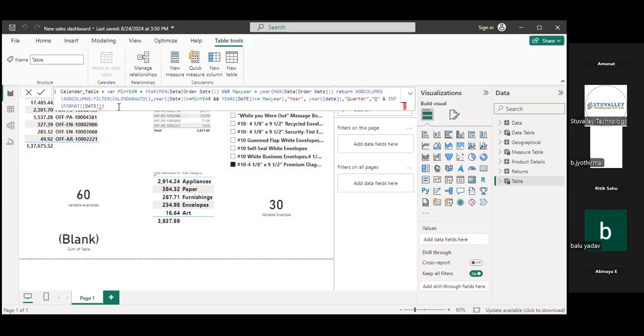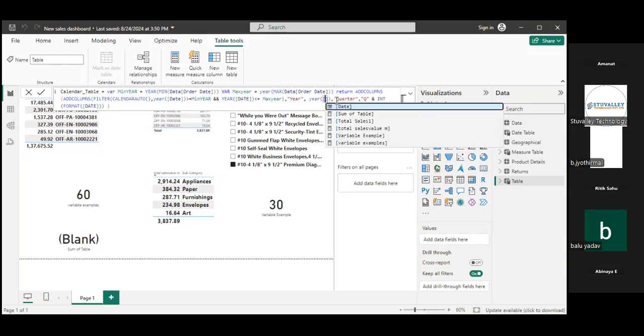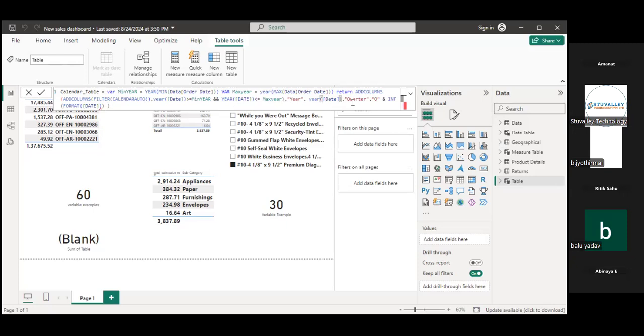And here ends our use of this add column function. Why is it showing an error to us? Just a minute. Year, date, maximum year date, quarter, double quote, Q and int format, bracket, star, date.